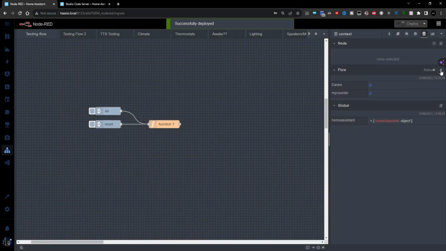So do a quick refresh, we can see that my counter's at 0. If I hit the on, nothing's going to happen, we have to do a refresh every time, unfortunately. So now we can see our counter's gone to 1. If I keep on hitting on, about 5-6 times, we can see it's now gone up to 10, so obviously that was 8 times. If I hit the reset now, that's going to go to 0 when I refresh, and then add another on, and again it goes up. So that's the on and the reset.